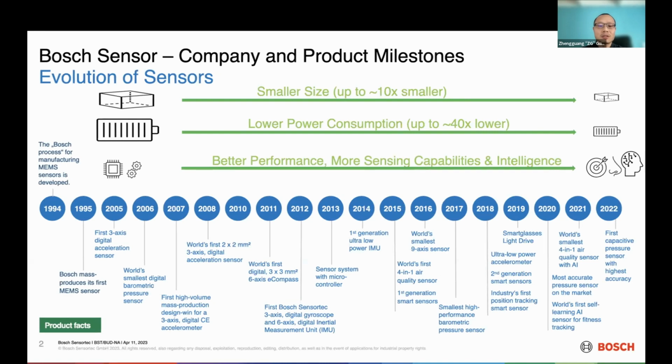So the smaller sensor size matters because it offers larger flexibility, especially for space-constrained applications, such as hearable and wearable devices. The other clear trend is about power consumption. Our latest ultra-low power accelerometer consumes about 40 times, or even higher,